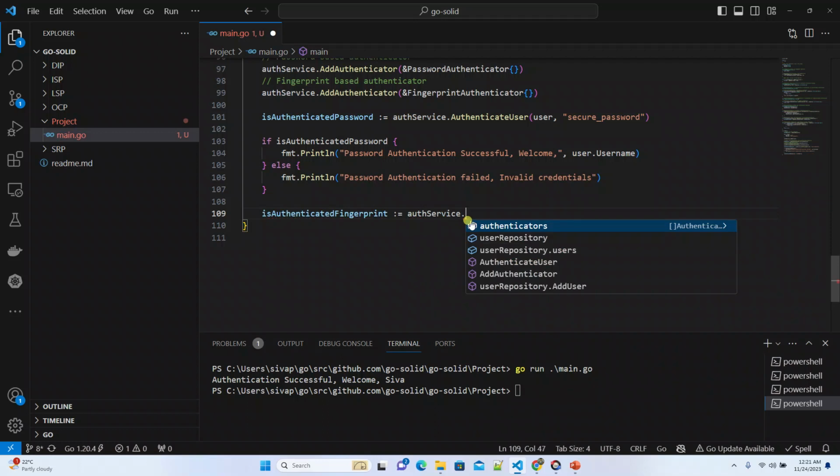Now here what I will do is auth service dot auth service dot